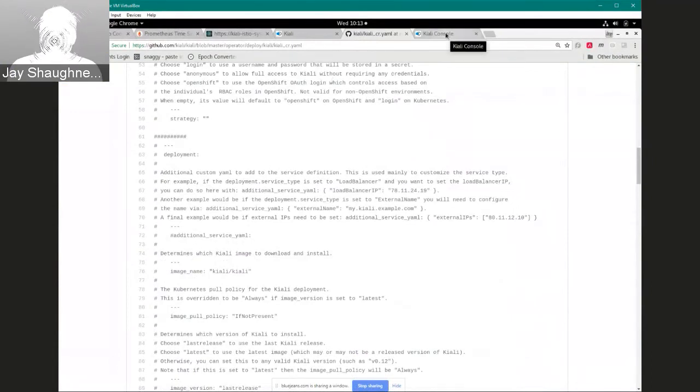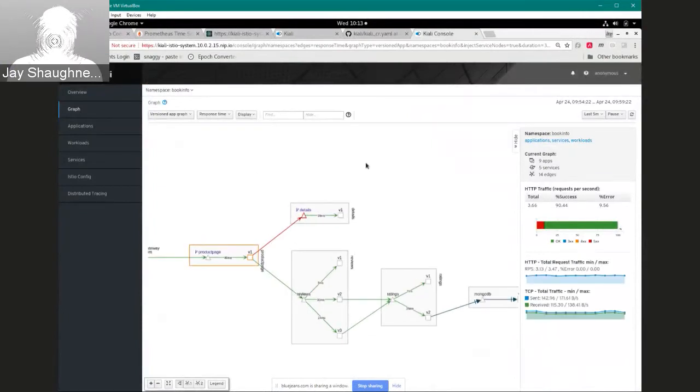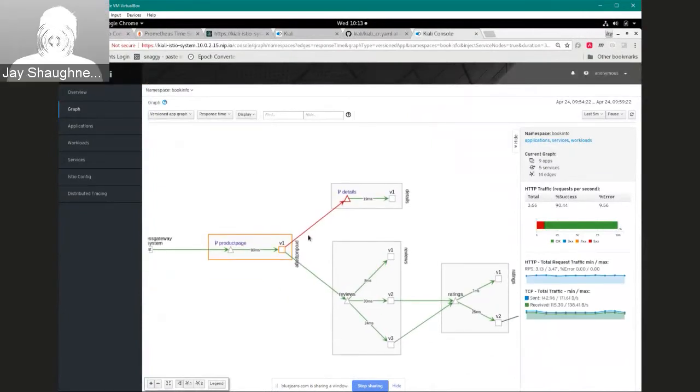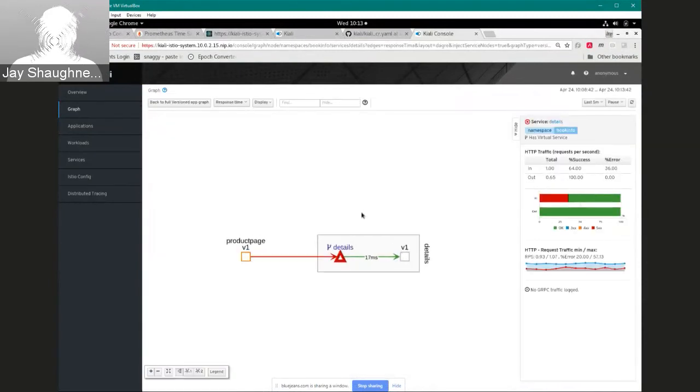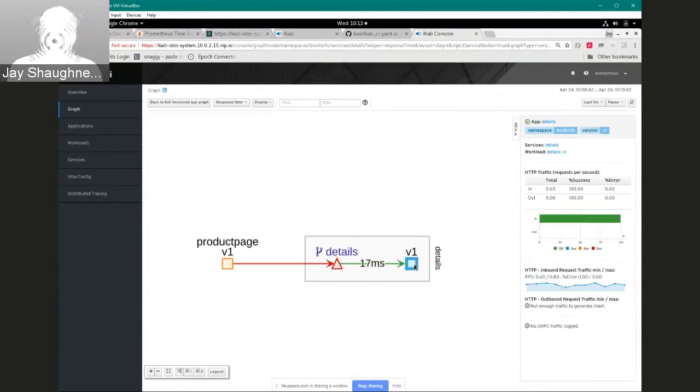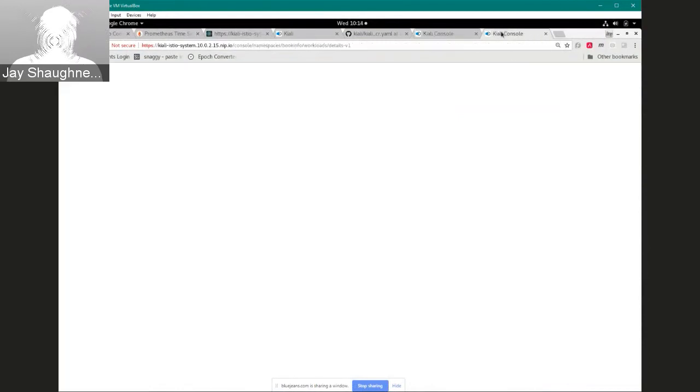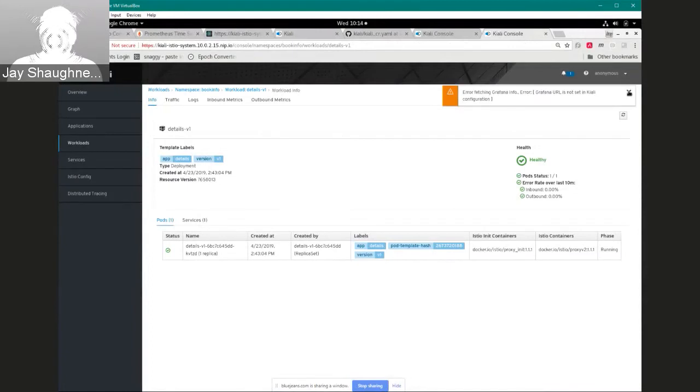From the feature side, a couple of things to show. So let's say I'm looking at your typical graph. I see that I've got some problems here. Maybe I'm going to drill in and take a closer look. If I was to look at the workload here, I'll just open this up into another tab, get to the detail screen so I can have the details and the graph up at the same time. I don't have Grafana configured. Okay, so here on the details screen,